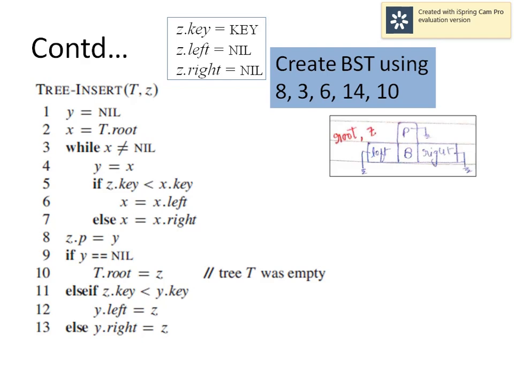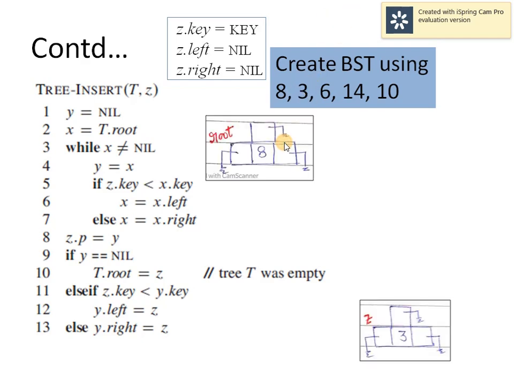So next we will try to insert another node, that is 3. So now this is the binary search tree. Root is pointing to node 8 and we are trying to insert a new key 3 into it. So when we start with this procedure, we will call t comma this node z. Again y will be initialized to null and then x will first be initialized to the root of the tree.